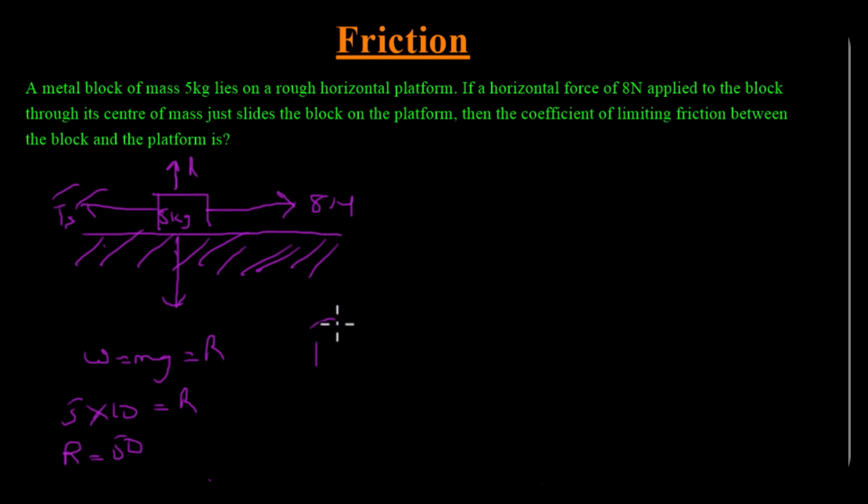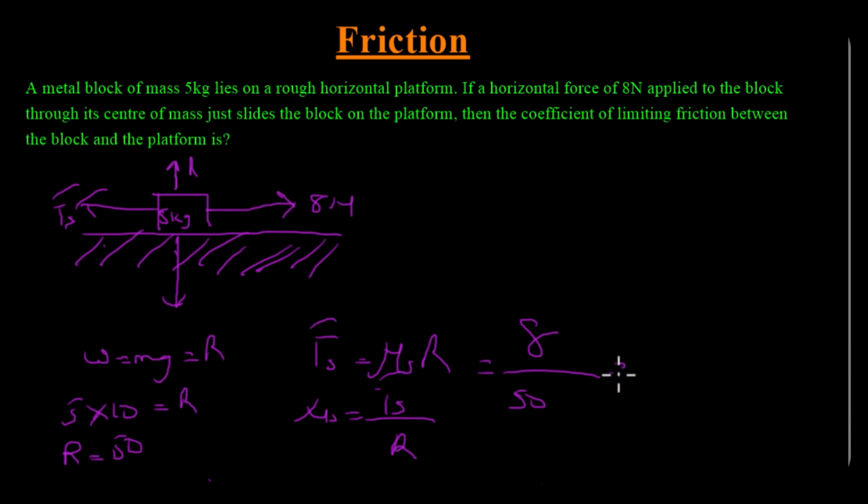Static friction must be equal to mu s R. Since we're looking for the coefficient of limiting friction, mu s will be equal to Fs over R, and Fs is given as 8 newtons divided by my reaction 50. Let me get the calculator and see what our answer would be. If we do that, we have